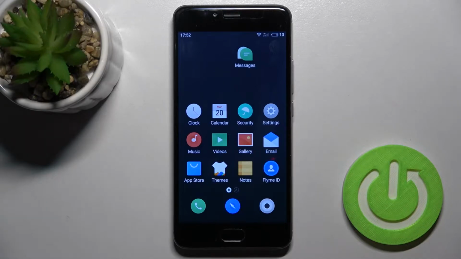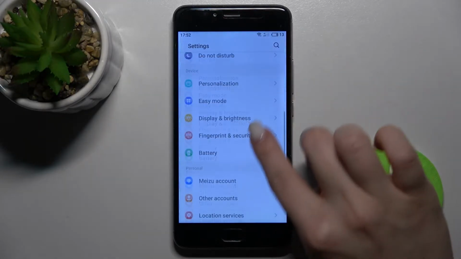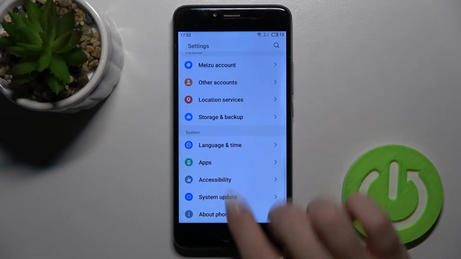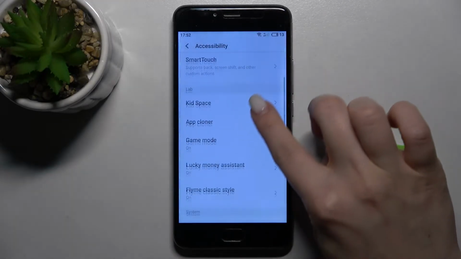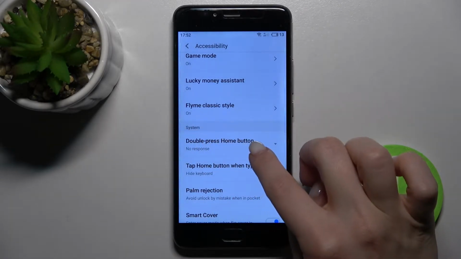Welcome. Today in front of me is the Meizu M5s, and I'll show you how to activate quick launch on this device. So first you should go to the settings and scroll down with your finger to the accessibility. Now just scroll a little bit more down to the system section, and here you'll see the double press home